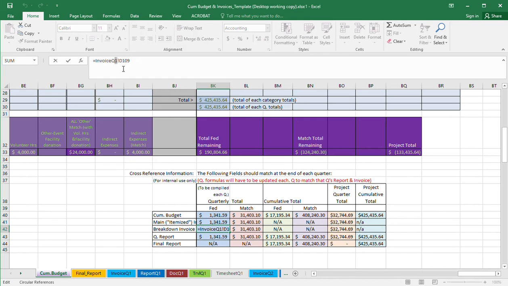Let's say you were doing quarter two. You just change that right there to quarter two, and then you would do that throughout this table. Of course, here on the top line, you won't need to do that because these numbers are all from this spreadsheet right here, the cumulative budget spreadsheet. And so it's going to take the figures for each category for our quarterly total, for our federal amount, and